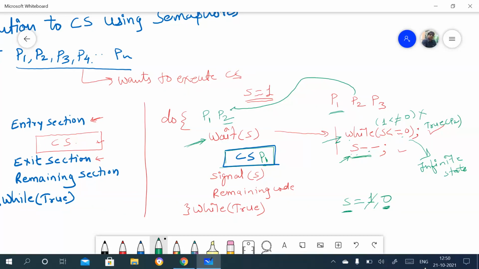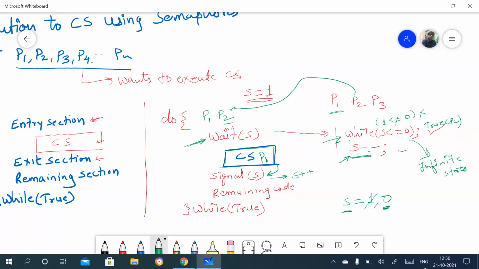In between, suppose that P1 completed its execution in the critical section and goes out of the critical section. Now see, what is the signal function? Signal function is simply increment. So the current value of S is what? 0. So here what we do?